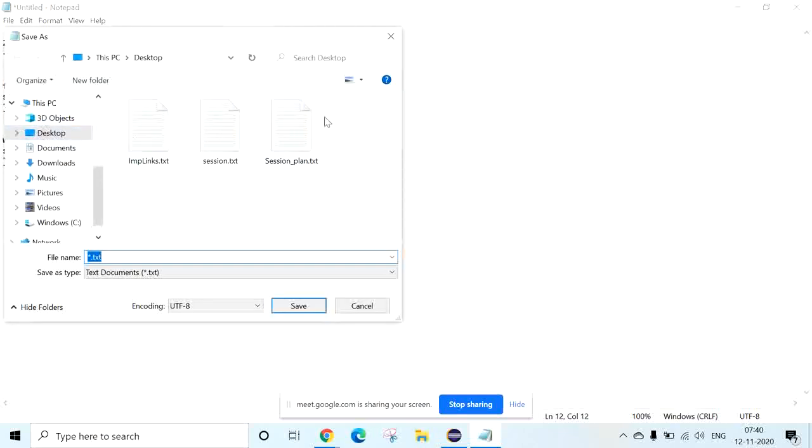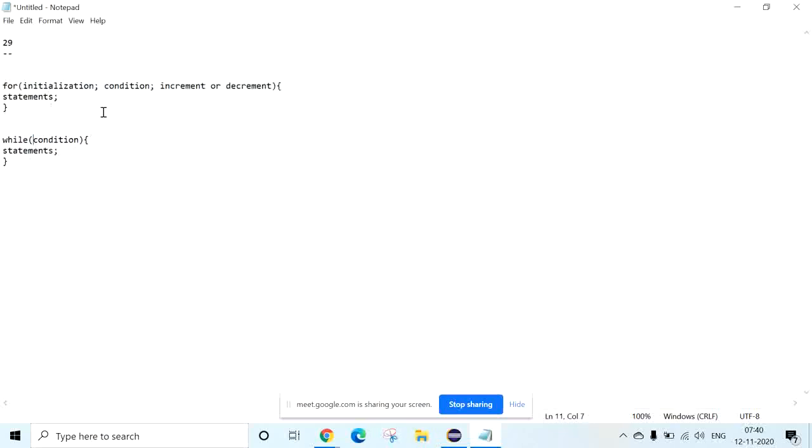Okay, so the difference between the for loop and the while loop is that we have only the condition part inside the while loop. If we want to make the same while loop as for, before going to the condition you need to initialize outside the while loop. Then there are the statements, and after the statements we need to do the increment or decrement.